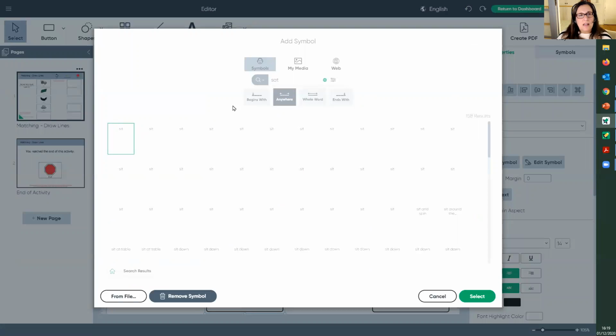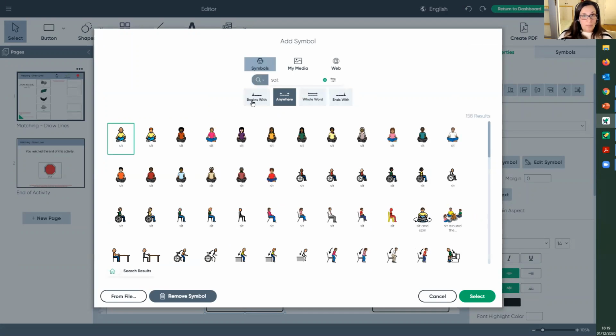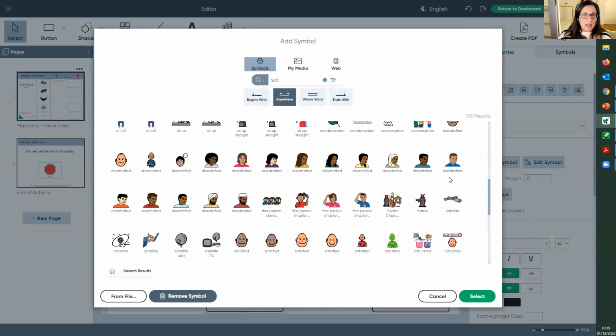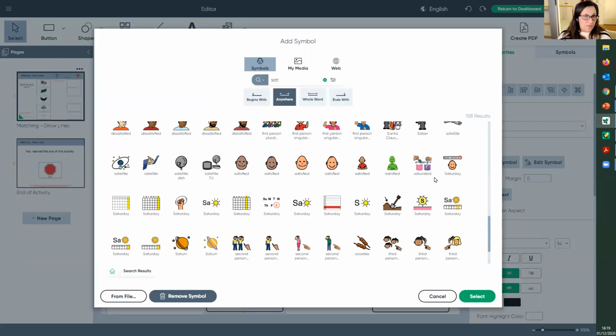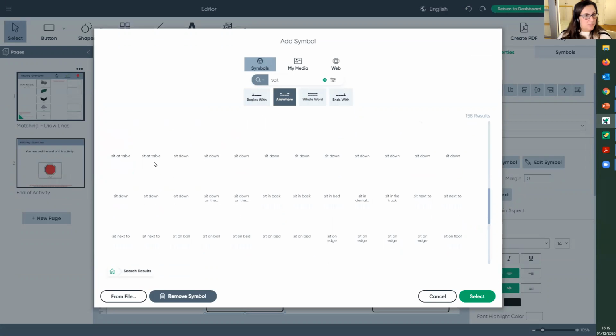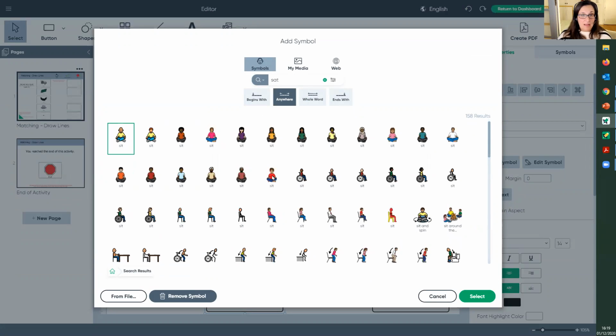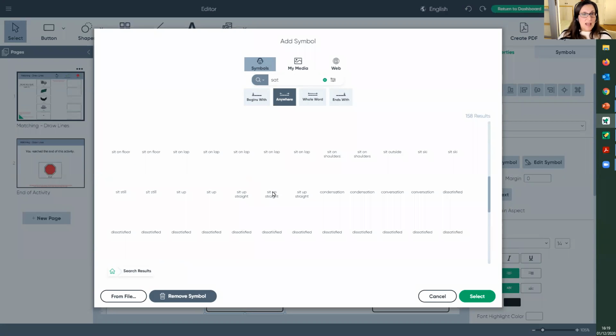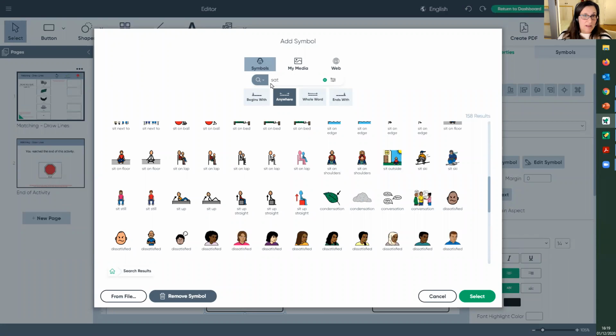You will notice, for those of you who've been using Boardmaker online, we have made some changes to the symbol finder. So it's looking for the word sat anywhere within a label. So you can see that there's 158 results. Now it is looking for sit, a form of sat. So that's why I'm getting those symbols for sit at the beginning, but it will keep that label that I chose. As I go down, you'll see things like dissatisfied are in there because SAT, those 3 letters are within